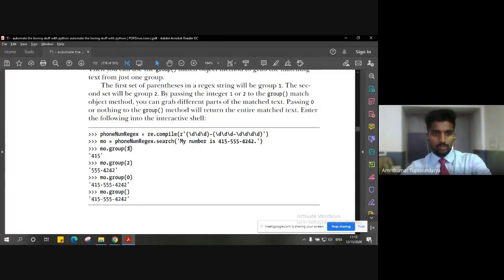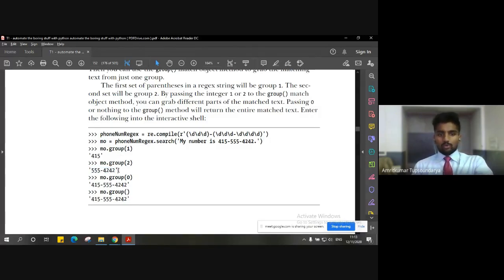Right. So this parameter is nothing but the group which we want to display. Right. So let's say group one. Now group one is this first group, right? First three digits. So when we asked for group one, we get only the first three letters of our matched regular expression. And when we say group 2, it will give you the second group, right?